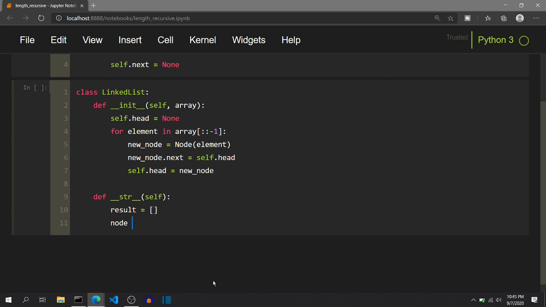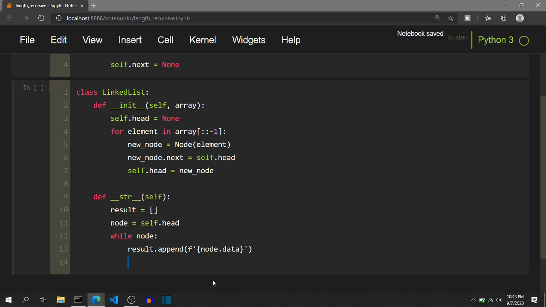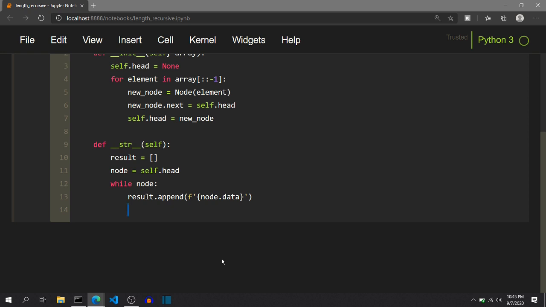Then I will start traversing the linked list from self.head. While there are nodes in the linked list, I will append to the result list the string representation of node.data like this. After the node.data has been appended, we need to traverse to the next element, that is node equal to node.next.